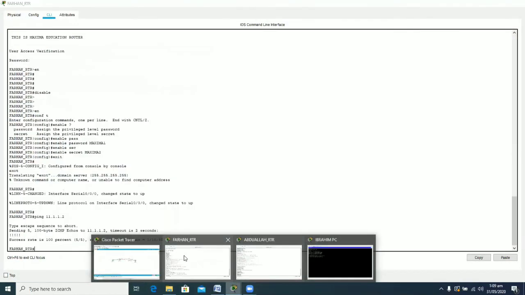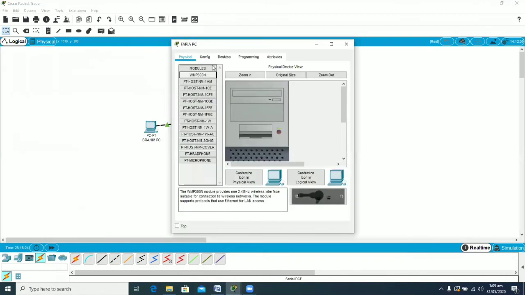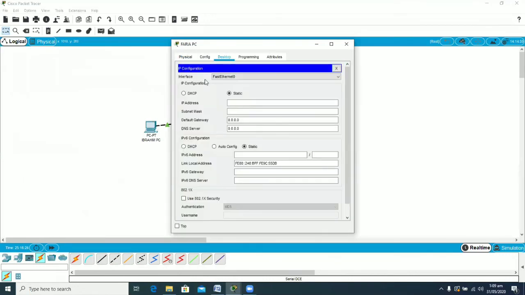So now this is our connection to the Faria PC, and from Abdullah router, and at Faria PC we have to give IP also. Static IP 12.1.1.2 and the subnet mask 255.255.255.0. No need to have the default gateway, but if you want, because at present we are not doing any